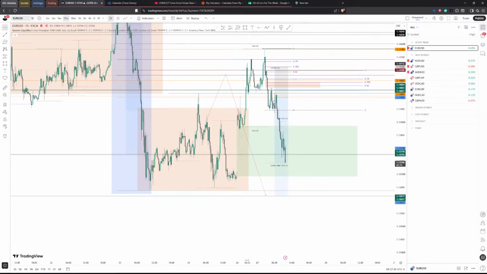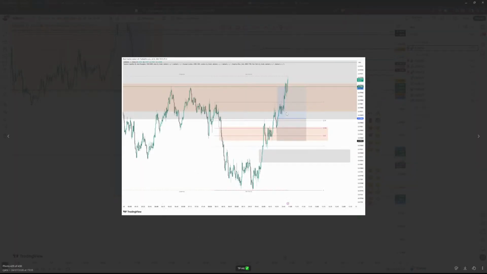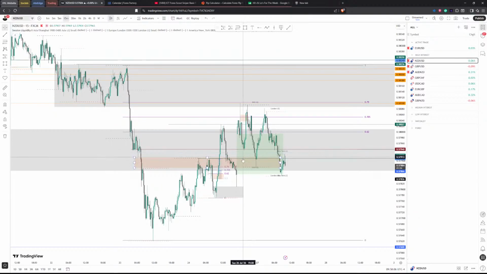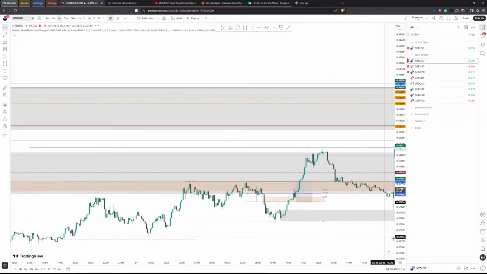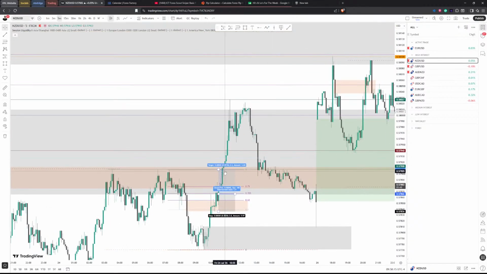For example, there was a buy we took last week and price absolutely went like tripled further than where I was entering. So on Telegram here was an NZD USD buy against the overall trend. So it was like a counter trend trade. And our stop loss was just this liquidity here. There was another high somewhere to the left. But price literally, you see that grey box? Remember that grey box? Here, in fact, it still had the markings, which is good. We entered the buy from here to here. And guess what? Price went all the way up here.